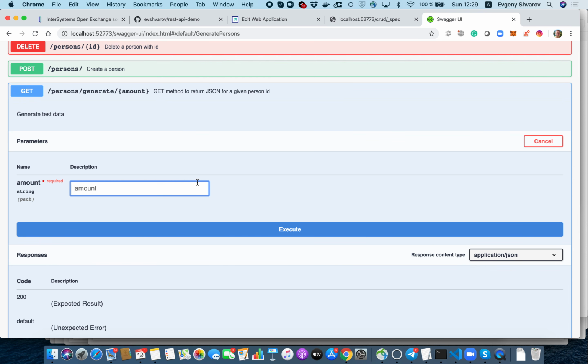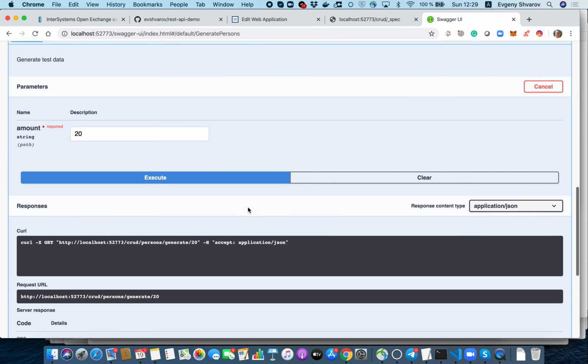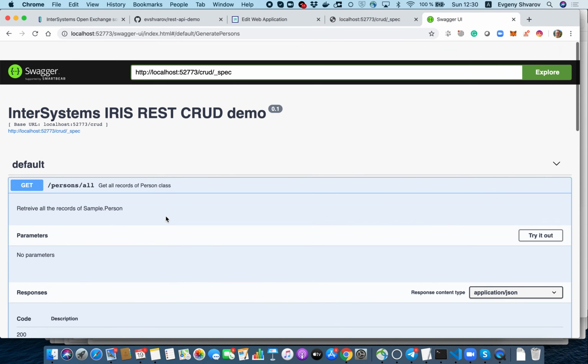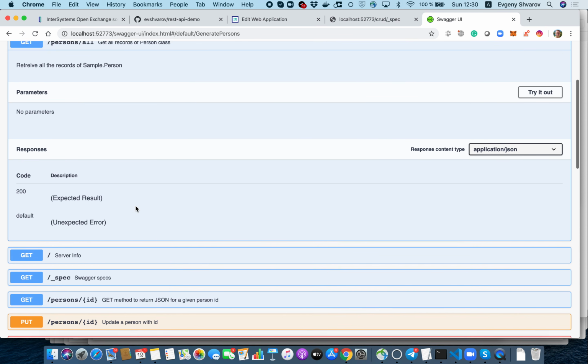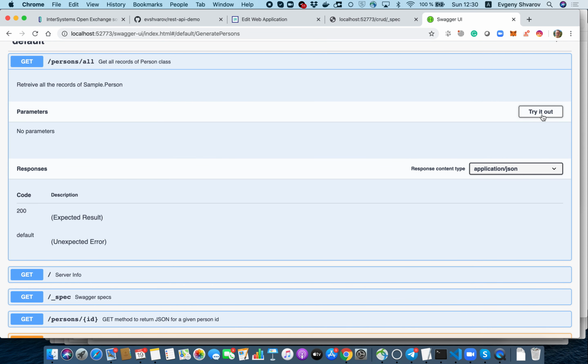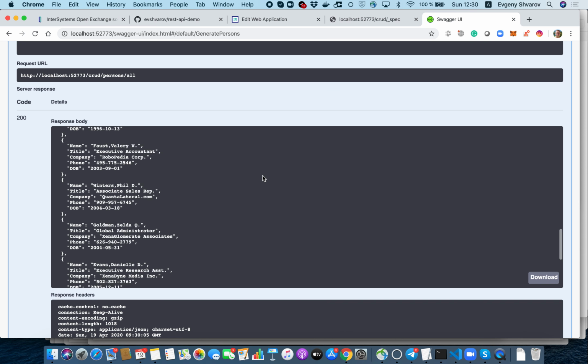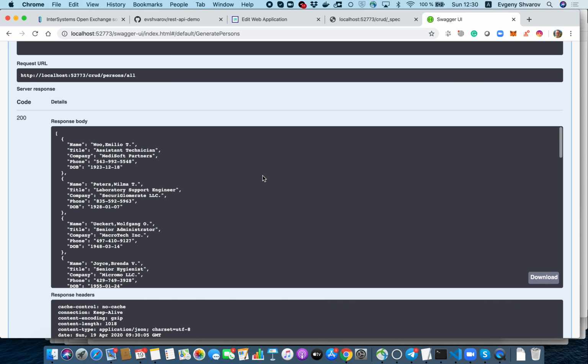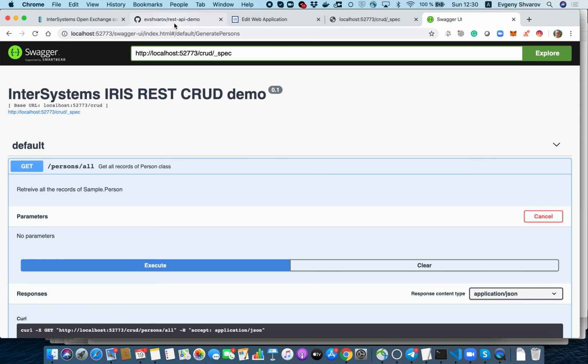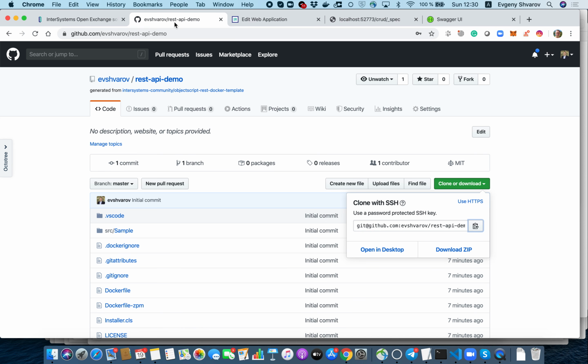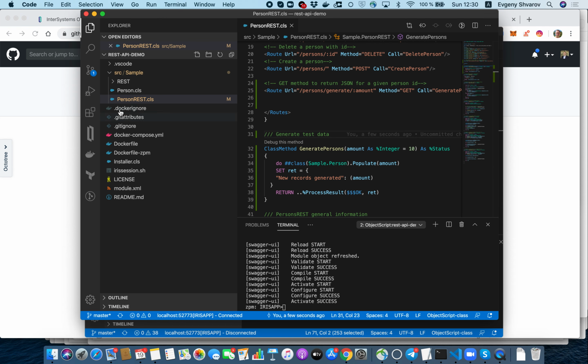Put, for example, like 20. So we have new records generated, and let's test if we have them created. Indeed, we have data here in JSON. So what do we have? We created a REST API with the same name in our own